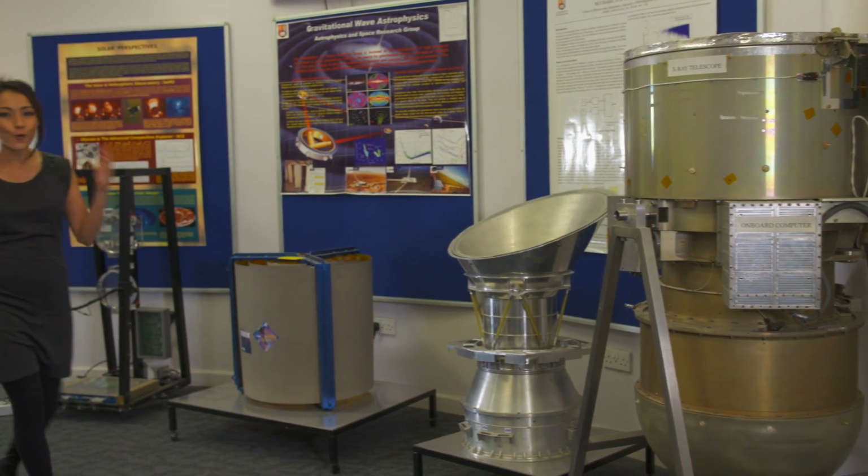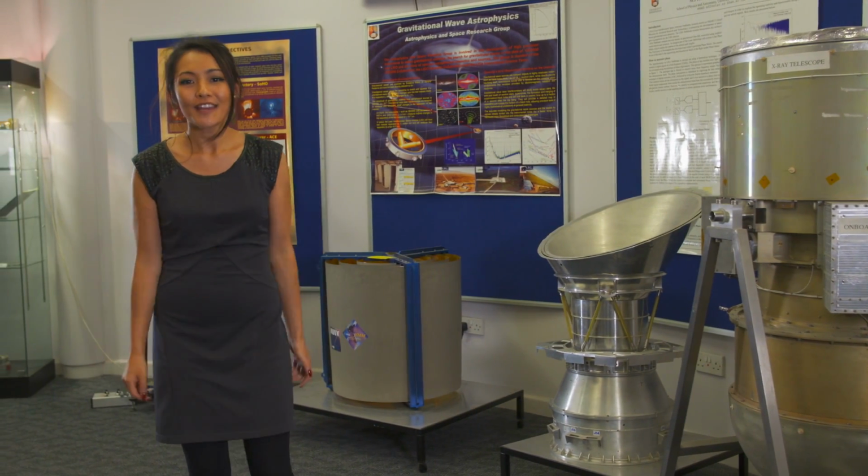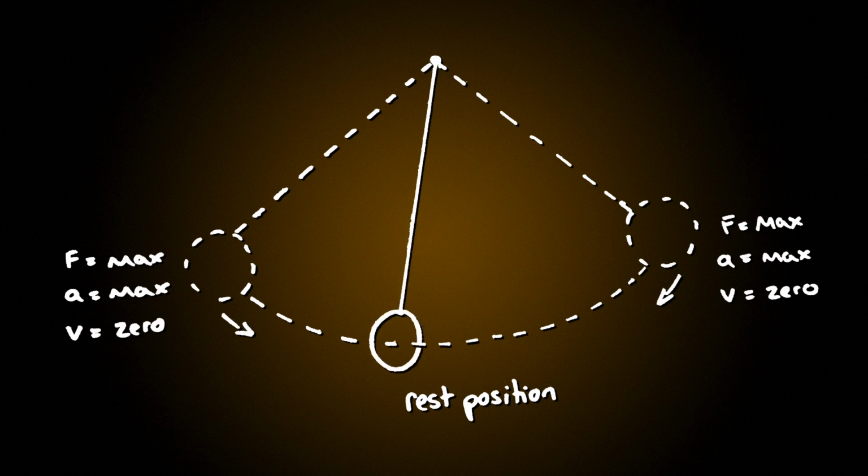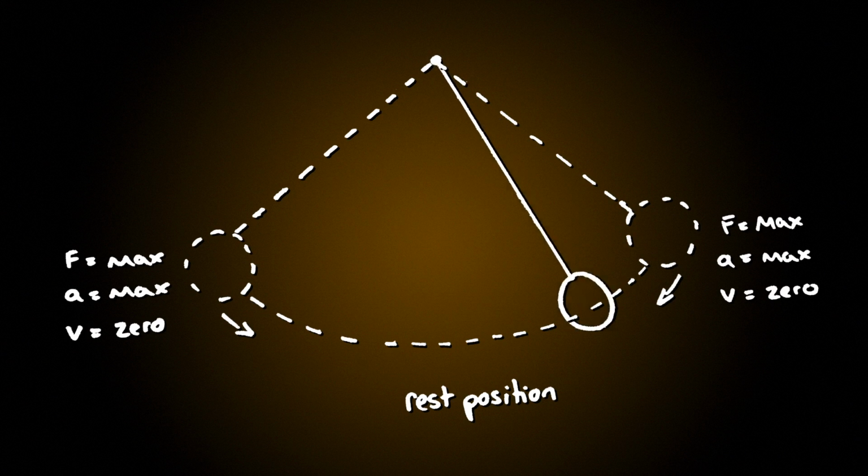Oscillations are happening all around us, all the time. In fact, even the atoms that make up you and me are oscillating right now. Simple harmonic motion is a special type of oscillation where the amplitude is proportional to and the direction is opposite to the displacement from equilibrium position. Let's have a look at some common examples.